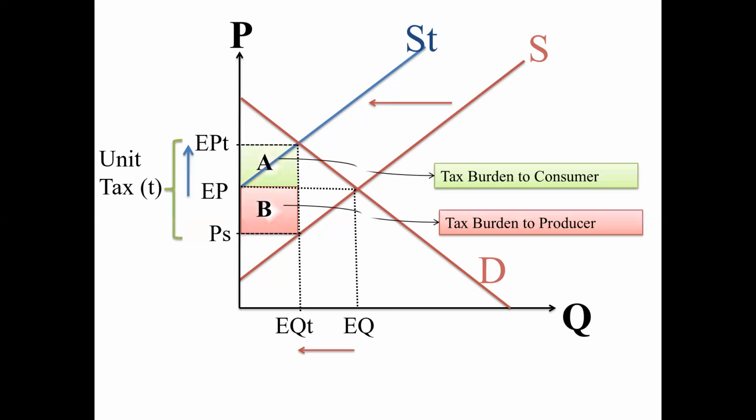This upper part is the tax paid by the consumer. This is the tax paid by the consumer. B is the tax paid by the producer. So the consumer and producer jointly pay the tax. Right? If you look at this figure-wise diagram,